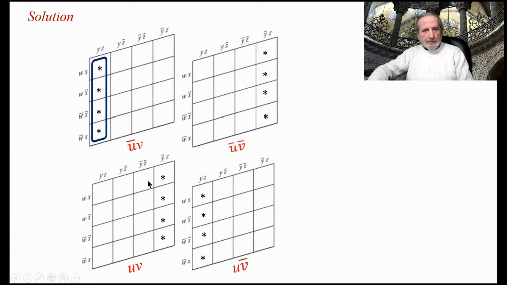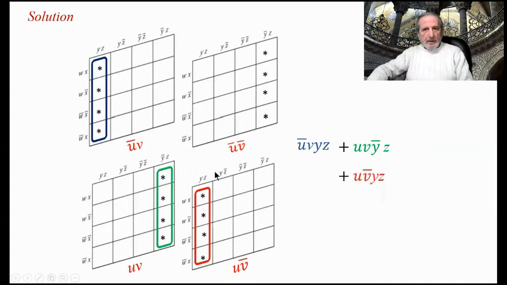So you can't combine this way anyway. This one will be left alone, U bar V Y Z, and this is also left alone, U V Y bar Z, and this one will be left alone, U V bar Y Z, and this one here, U bar V bar